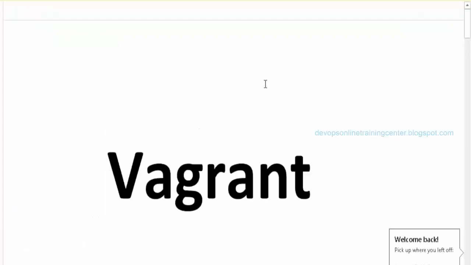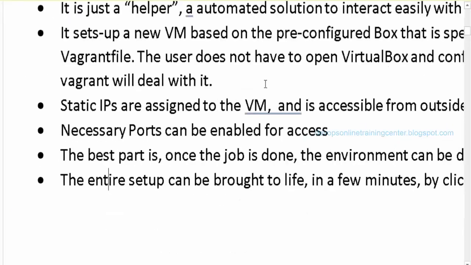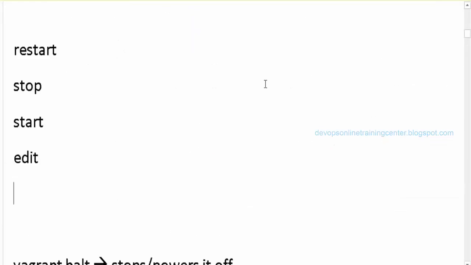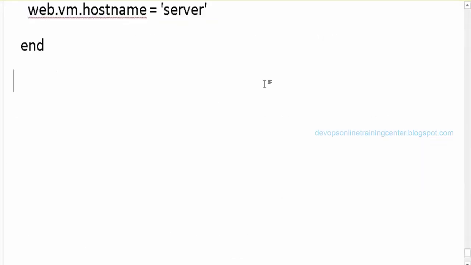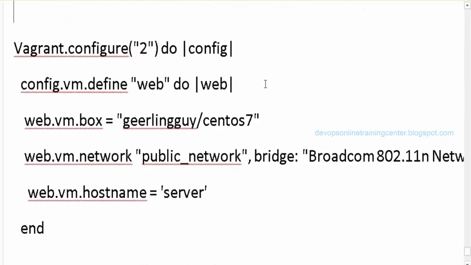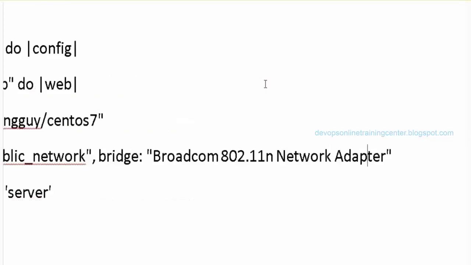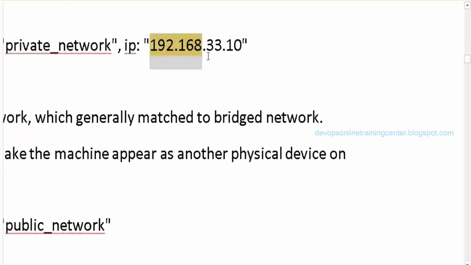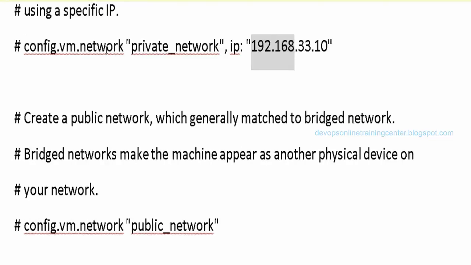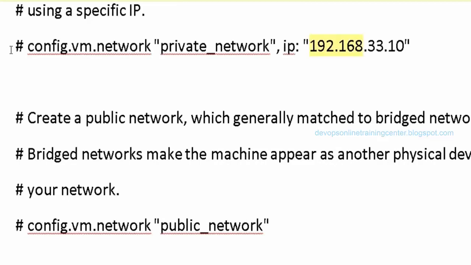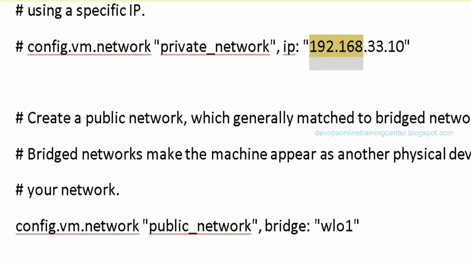You can give any IP. You can give a 192.168 IP, right? Yeah, generally what we give is 192.168. Normally in Linux you have Ethernet, eth0. But in this case we don't have that. This is a NAT adapter. This is a network adapter. This is a private network. So we can give it for public as well.